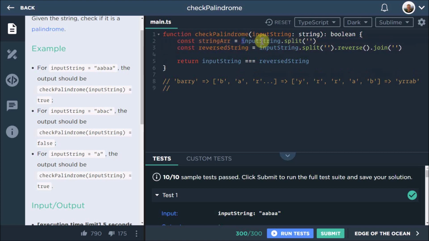Because we've got this stored in here, we can just say string array dot reverse. We're splitting our variables up, and this is actually a good thing to do because it makes your code easier to read. But also, if you don't really care about how this happens and you just know that you need a reverse string and you check if the input string is the reverse string, that works too. It seems pretty easy to read there.